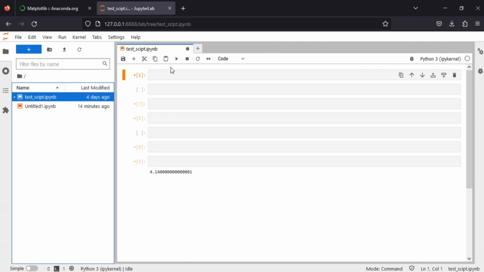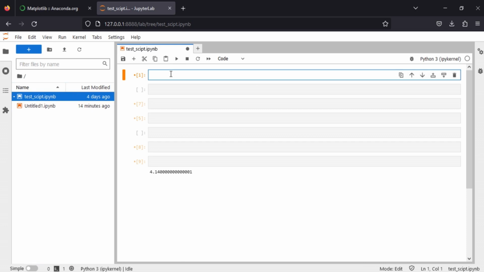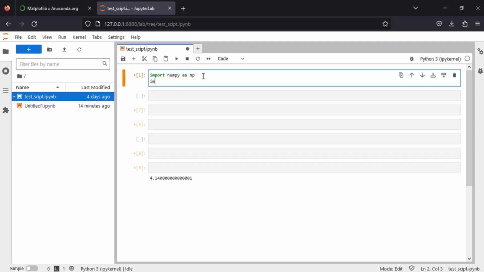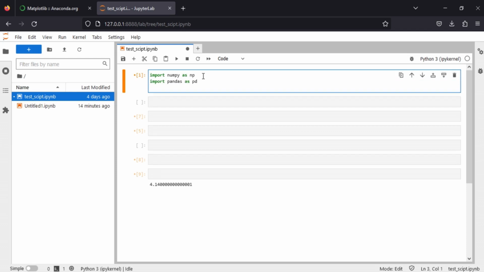Now let's test our packages. For example, if we want to use NumPy, then we have to import it. So import numpy as np, because otherwise we always have to write numpy if we want to use it. So it's just making it smaller, we are kind of renaming it. So instead of putting numpy when we want to use it later, we'll only put np. And let's also import pandas as pd. Let's also import